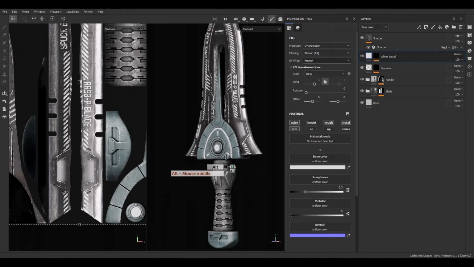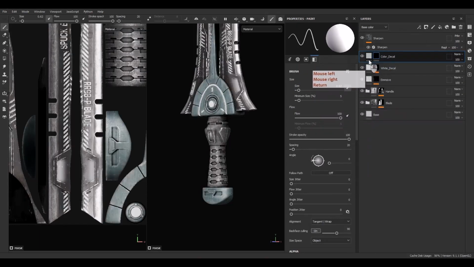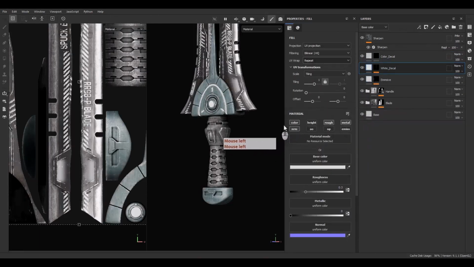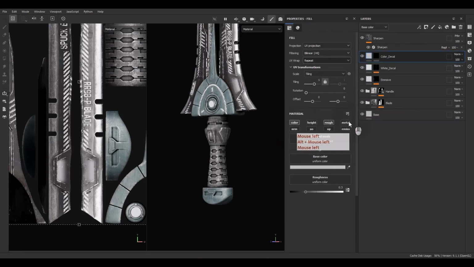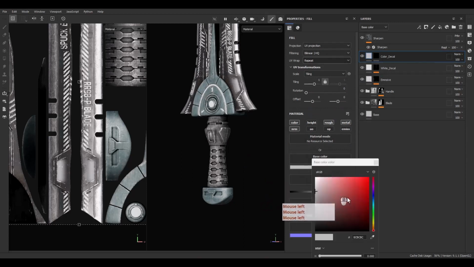Okay, now it's time to move to next decal. I'm going to name it color decal. Okay, and add a black mask. So basically, we just need color, roughness, metal, and normal again. So let's turn on these layers, and maybe I go with the orange